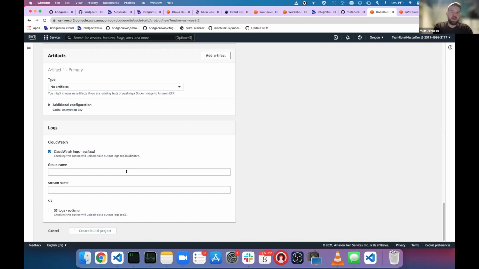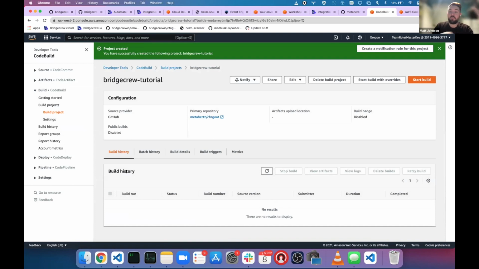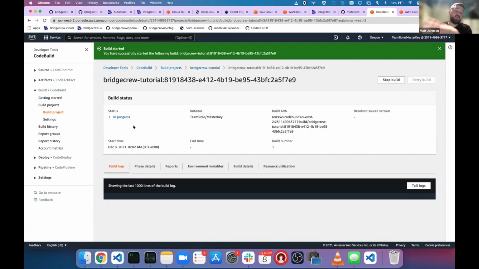And what's going to happen here is we're now going to have a piece of automation that whenever we click start build, it will run Bridgecrew and Checkov for us against whatever the current version of the code is in our fork of CFNGoat. Now, if I click start build right now, and you can, it makes no difference. If you want to follow along, then that's great. But I am telling you this will fail. And the reason this will fail is